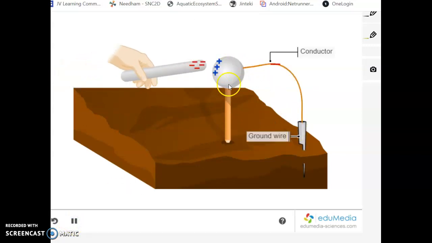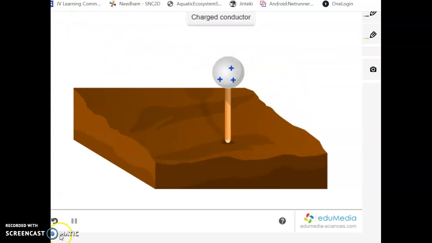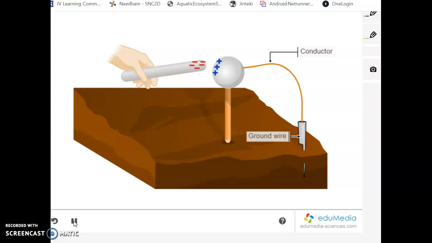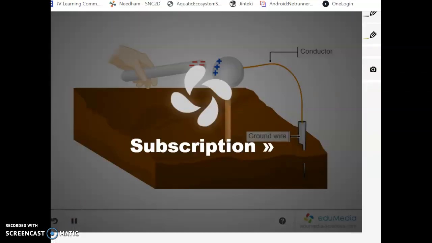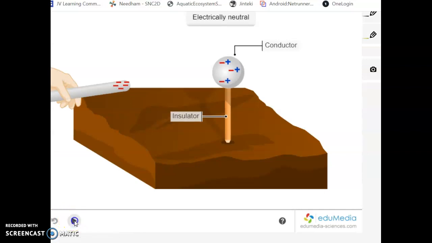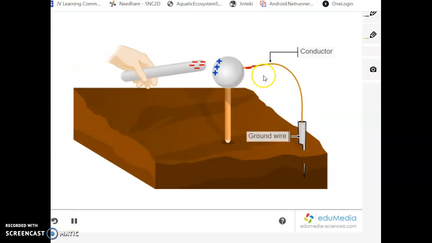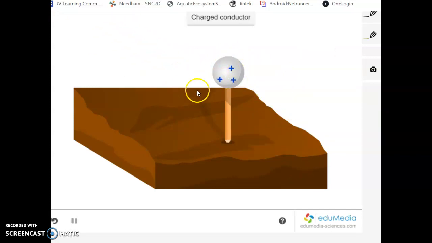So here is the ground that's attached. Notice the electrons left because they are repelled. And at the end, we have a positive charge that's left over. Let's watch that one more time. Here, temporary induction. But when we add in the ground, we are now allowing those electrons to move out of the sphere. And then, of course, if you remove, sorry, it only gives me a certain amount of time. Then if we have the wire, it grounds it, and then we remove this rod,